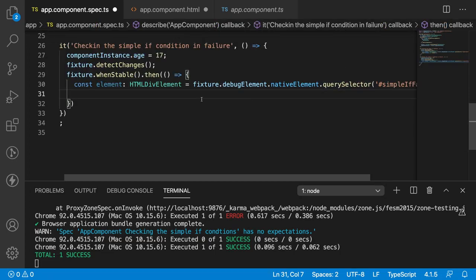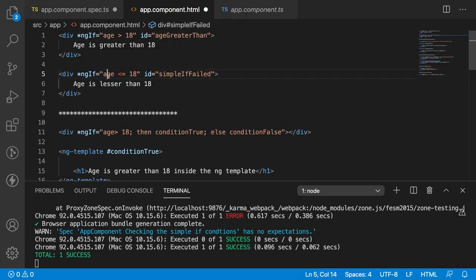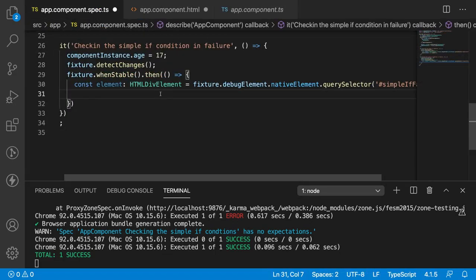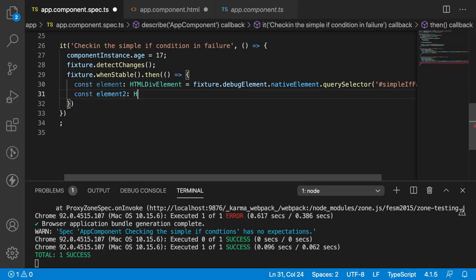and it should be existing when the age is equal to 17. That means if age is 17, it has to be triggered, this particular div, and it should be existing. This should not be existed. So what I can do is, let me get that particular element two. That means HTMLDivElement, which is